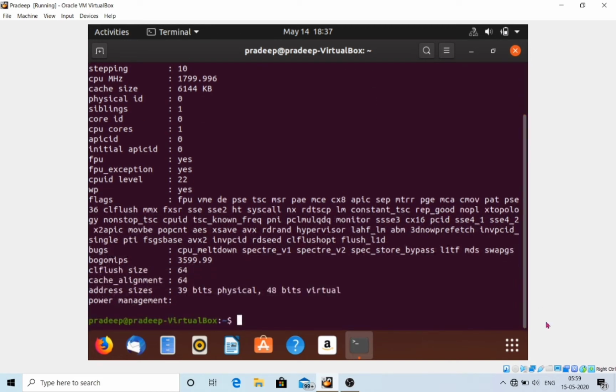Our next command is to count the number of processing units in the core.